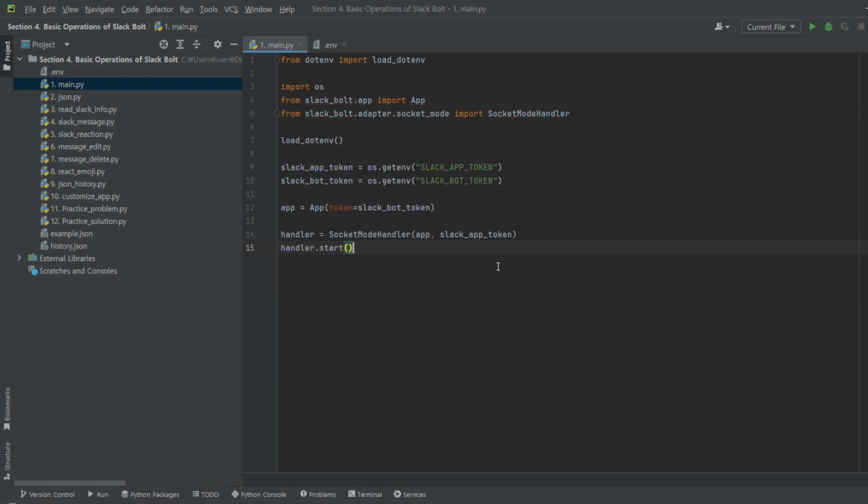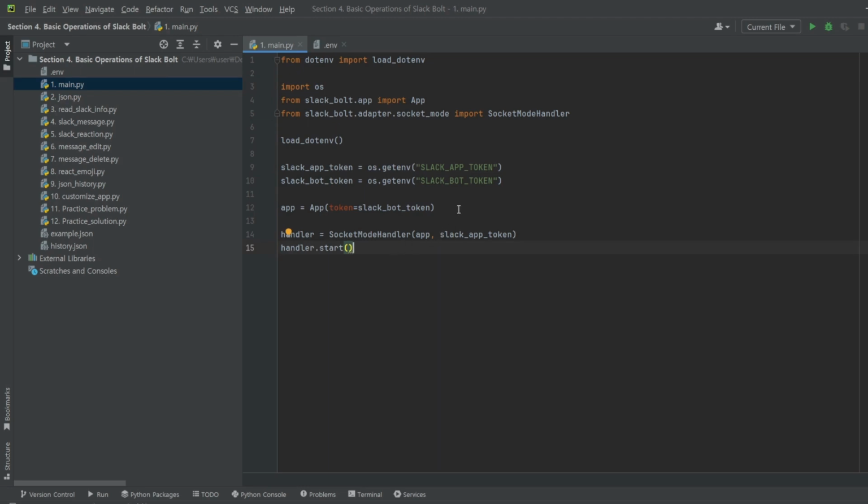The environment variables in the .env file are automatically linked when you execute the load_dotenv method of the dotenv module. To use these variables, you can utilize the getenv method from the os module, which is a module installed by default in Python, so you don't need to install the os module separately.